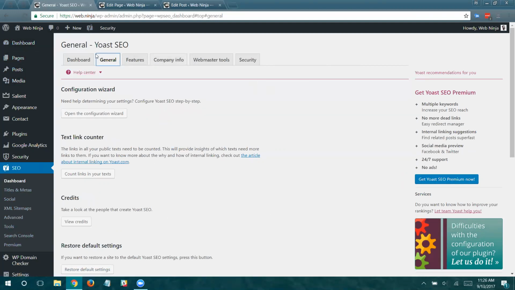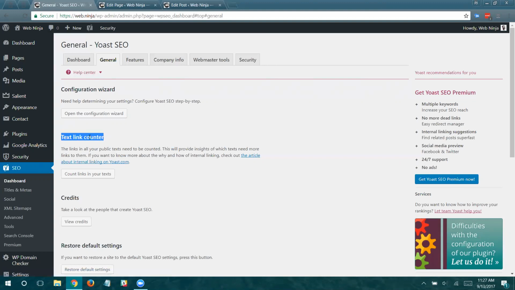Now there is a premium. What I'm showing you today is the free version, but there is a premium version. If you need more to go with your SEO plugin, you can get all these types of features. Now, if you're just super duper into SEO, which I am for some of my clients, then you might just shell out the few bucks for the premium. It's worth it. Now, again, going back, when you first set it up, there's a configuration wizard that will take you step by step, trying to choose some settings for your website that are going to help optimize your site for the search engines. It's a very good configuration wizard. So start by doing that.